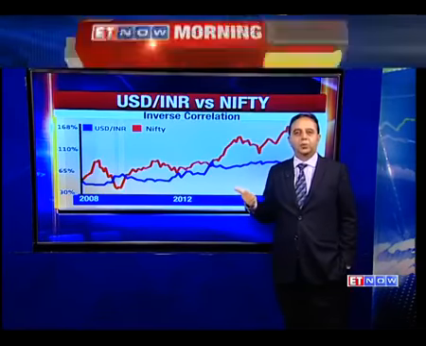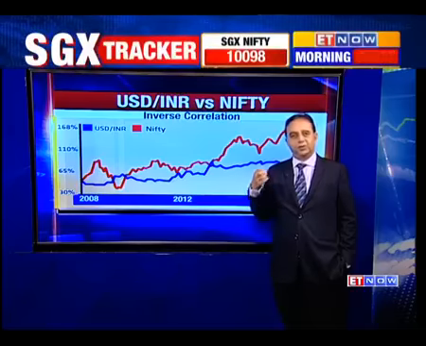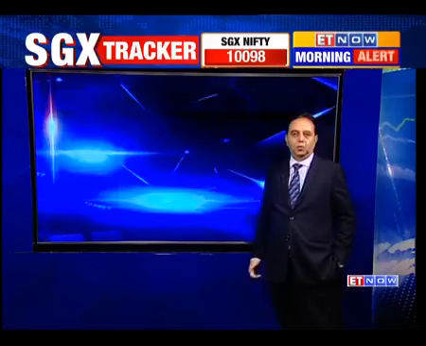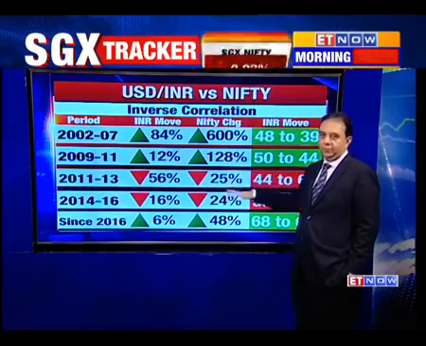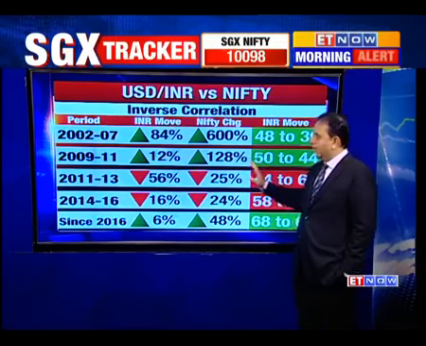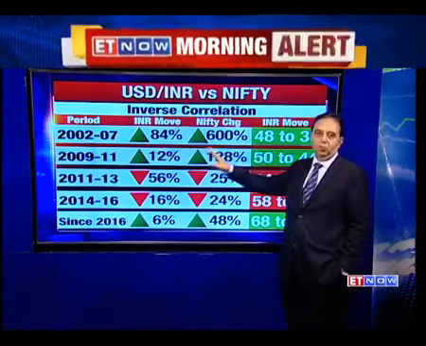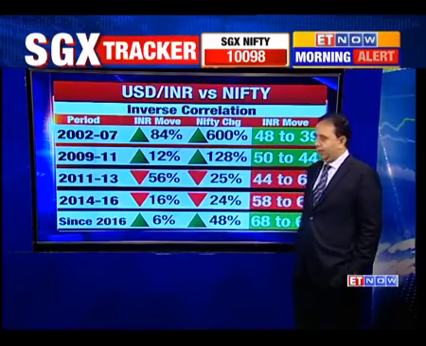The first forecast was that the INR itself is scheduled to reach about 60 to 62 levels. Currently we are down to about 64 against the dollar. Now here I have a table showing you the kind of movement that the INR makes vis-a-vis what the movement is on the Nifty itself.